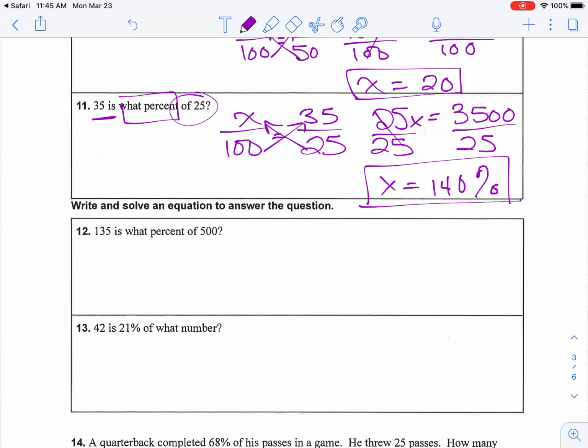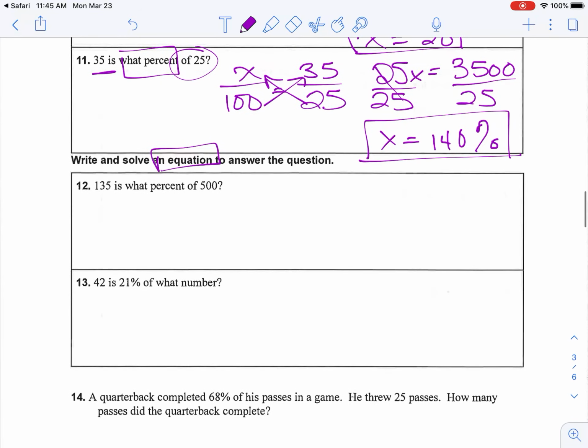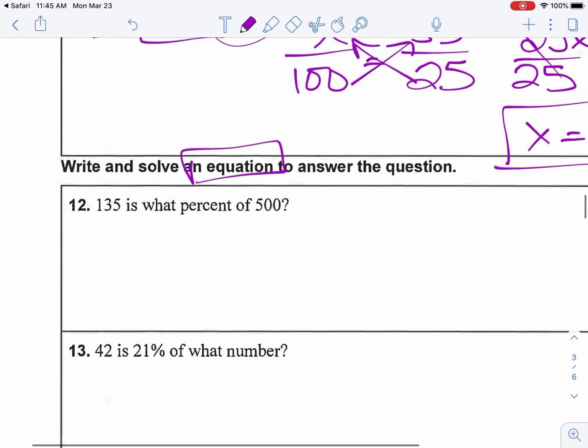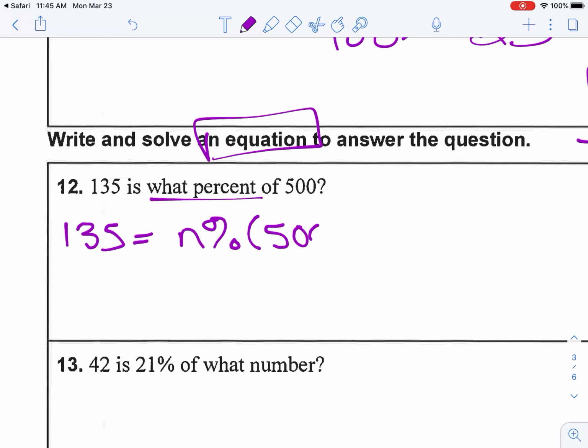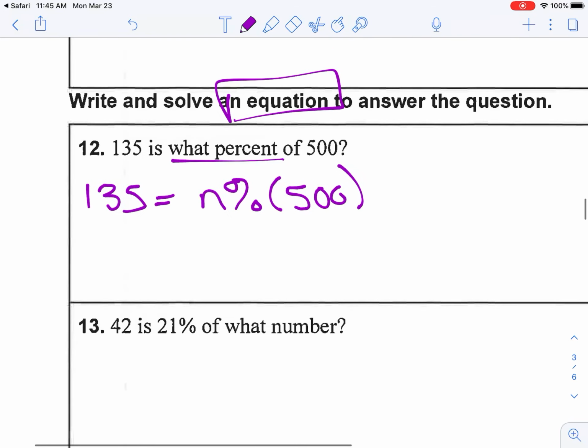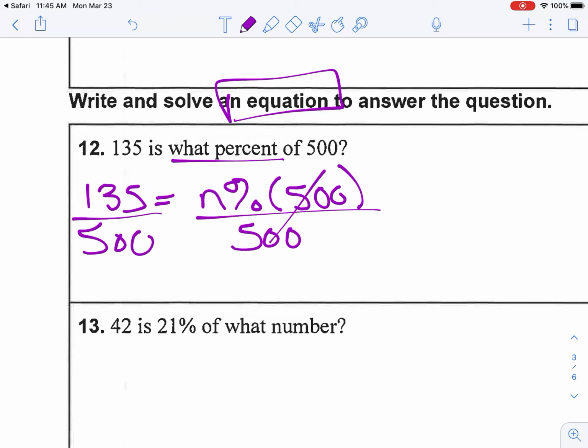The next two say write and solve an equation. So now instead of a proportion, we're writing an equation to answer the question. 135 is, remember is means equals. So 135 is, it says what percent? So we wrote it like that in class of our notes. Of means we're multiplying of 500. Remember that we're going to solve for the variable. So instead of multiplying by 500, we're going to divide both sides by 500 to get that